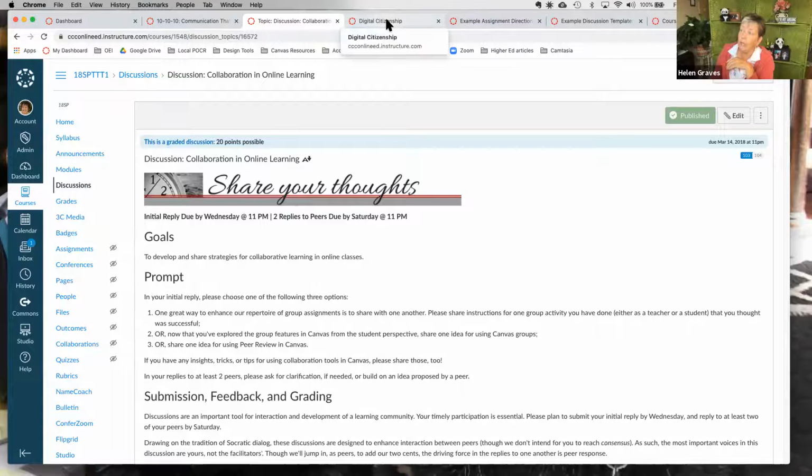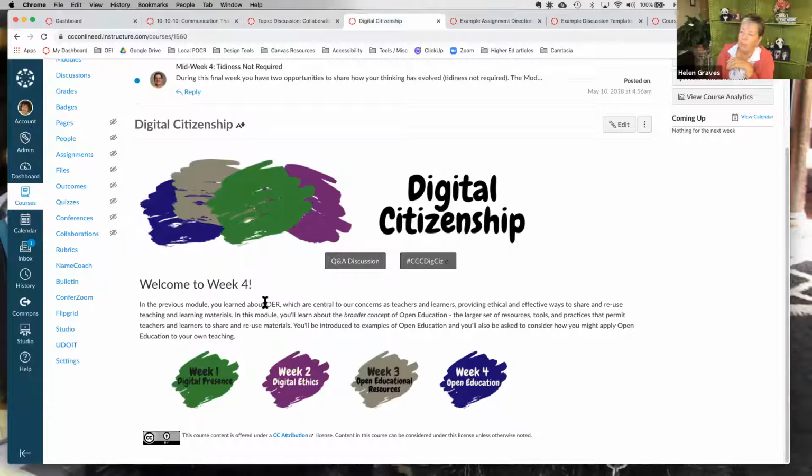Here is another example, and this one breaks my little suggested rule of 2 colors because there are 4 weeks in the course. And so each week used a different color from the main graphic that was the theme of the course. So all of the accents in week 1 are in the green, and the accents in week 2 are in the purple. But again, they follow some of the same principles of having a banner for discussions and a slightly different banner for assignments, etc.